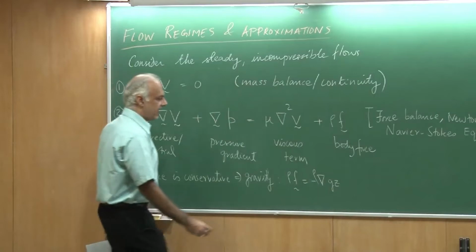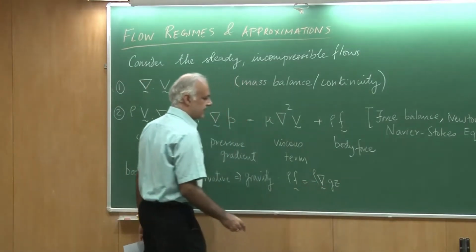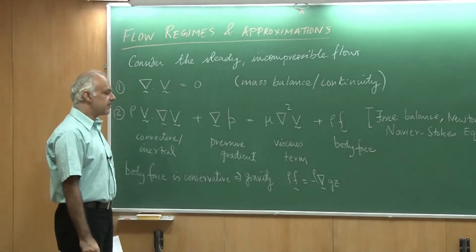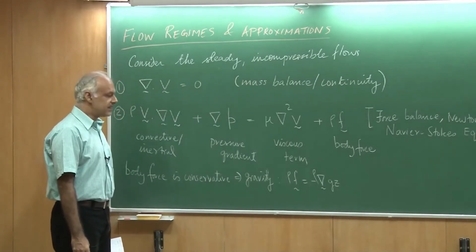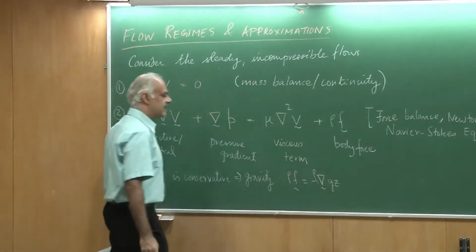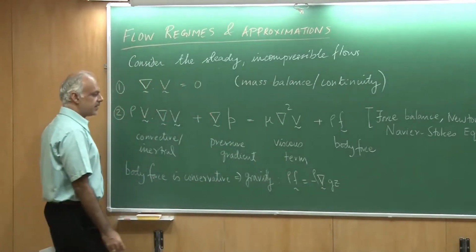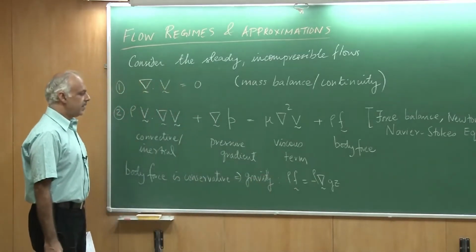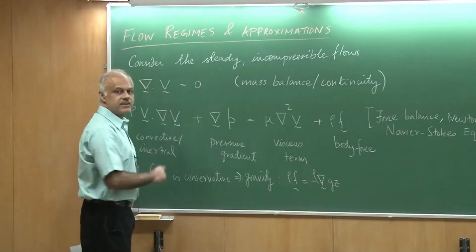And you will notice that because this gradient involves the derivatives with respect to x, y and z in the 3 directions, what will come out of this is essentially just the minus rho g. If I plug this into equation 2,